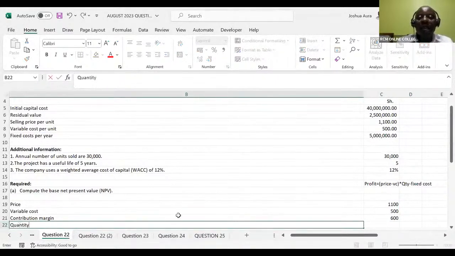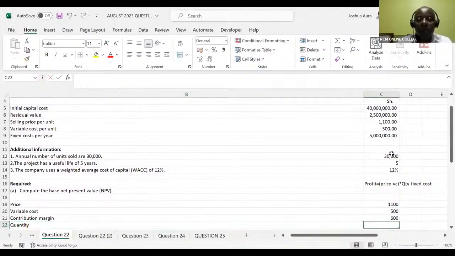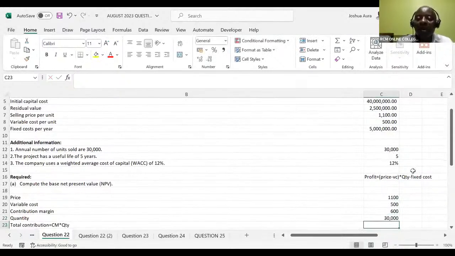The quantity has been provided somewhere. This quantity, annual number of units sold, is 30,000. So in this case we have 30,000. You simply write there 30,000, so that now you can come here and get the